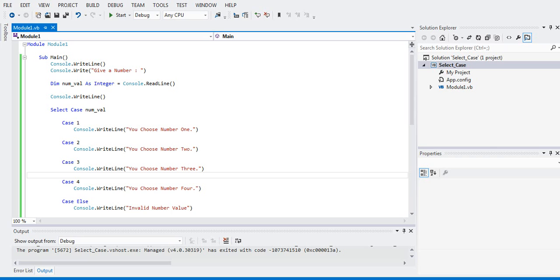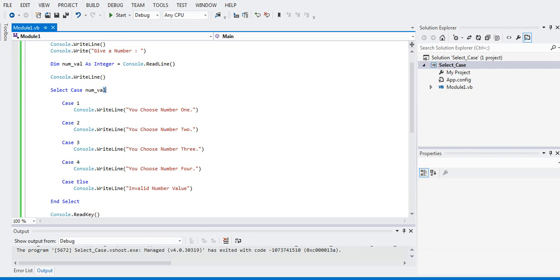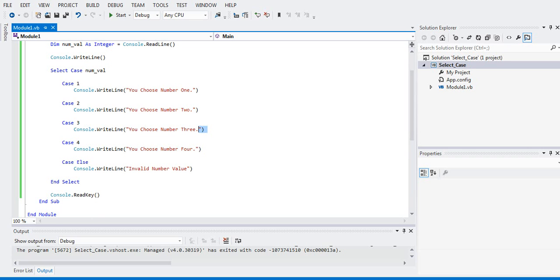So let's begin. We are here in Microsoft Visual Studio. So we have here now Console.Write "Give a number", then num_val as Integer, Console.ReadLine, Console.Write, Select Case num_val, Case 1 you choose number 1, Case 2 you choose number 2, Case 3 you choose number 3, Case 4 you choose number 4, Case Else if out of the 4, invalid number value, End Select, and then